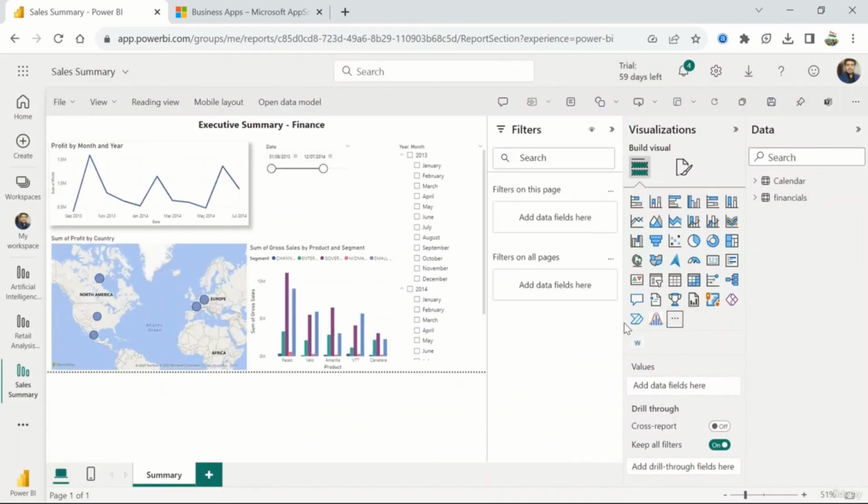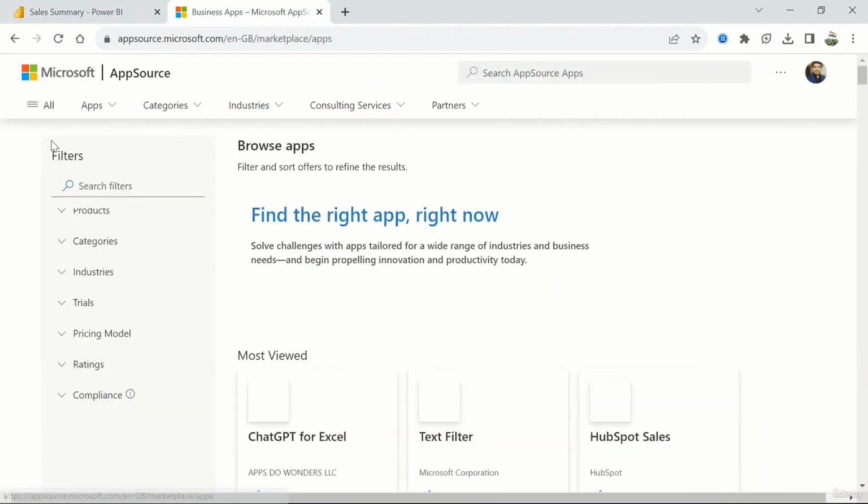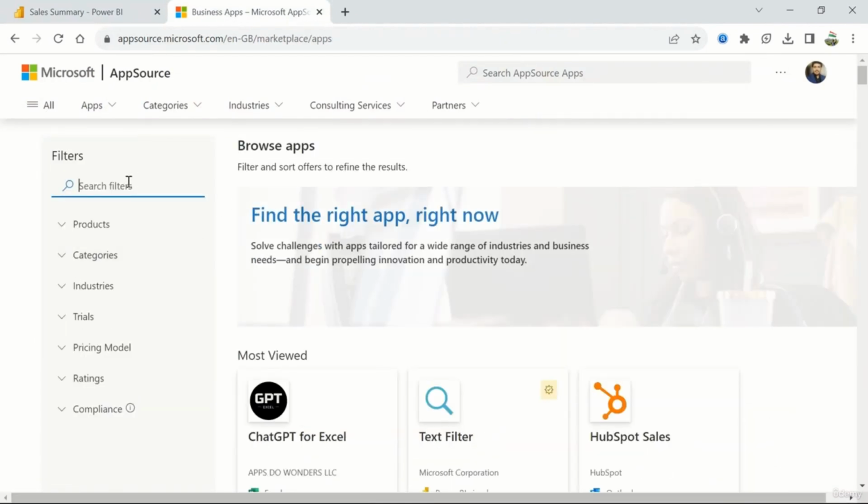So you see your word cloud is as well added, and it's over here. You can right click and click on pin to visualizations pane, and it appears over here. What I also would like to show you is, if I go back to apps over here and I go ahead and look at word cloud,